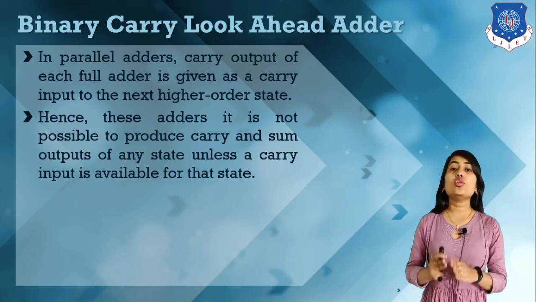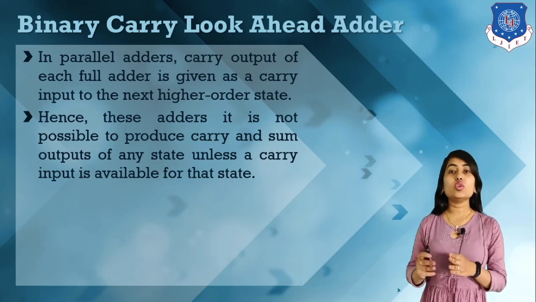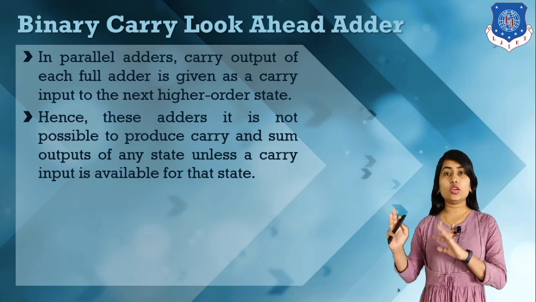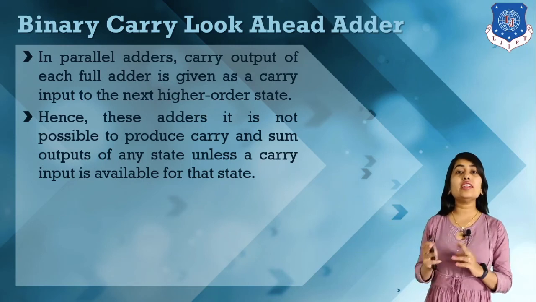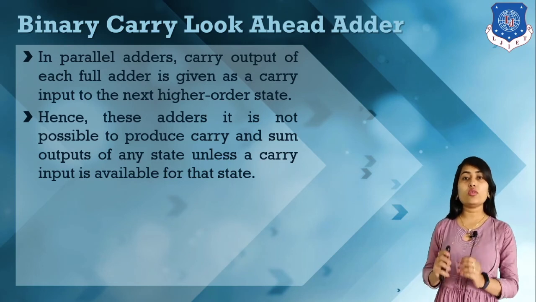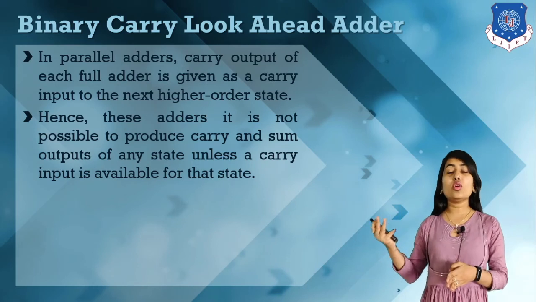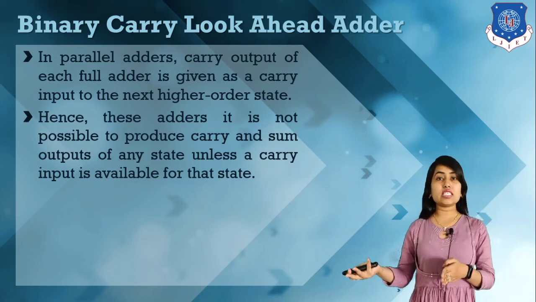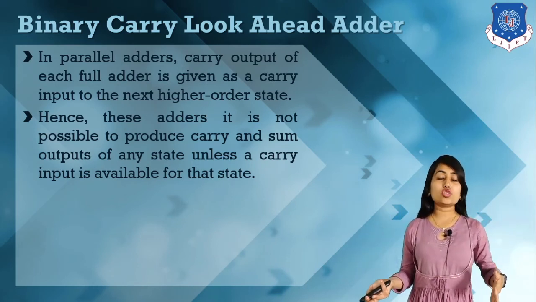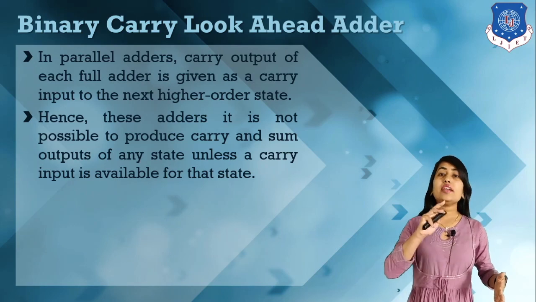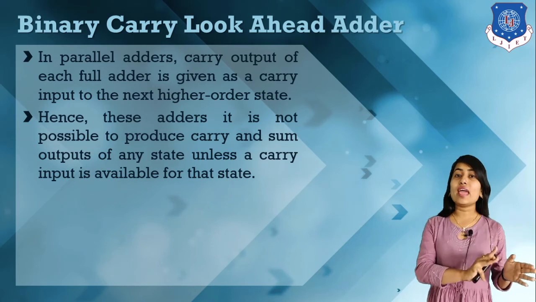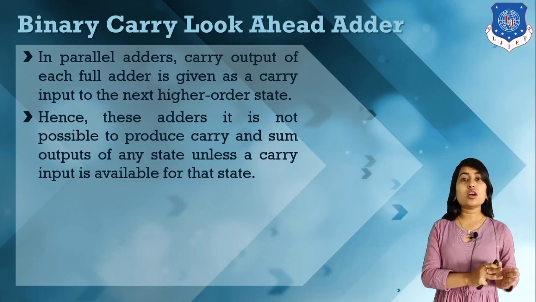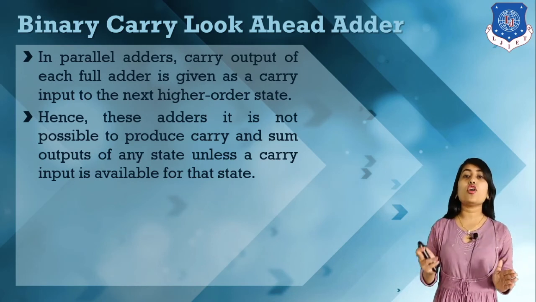So it is necessary to calculate the carry bit for the previous bit first, then we can forward it to the next level. Whenever we want to calculate sum bit S1, it is necessary to use carry C0. For S2 we have to use C1, and for C1 we have to depend on C0. So for every next level of a sum bit we have to wait for the previous bit.